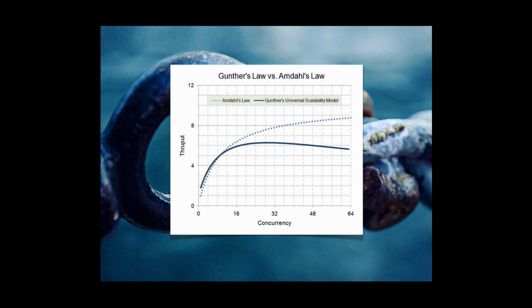But that's only half of the truth, because it's equally important to consider coherency. And coherency is actually the work that needs to be done to coordinate. It is the delay for data to become consistent. And that's described by Gunther's universal scalability law. And when you add coherency into the mix, this coordination that I talked about, it's actually the case that sometimes it can give negative results. So incoherence, as it's called.